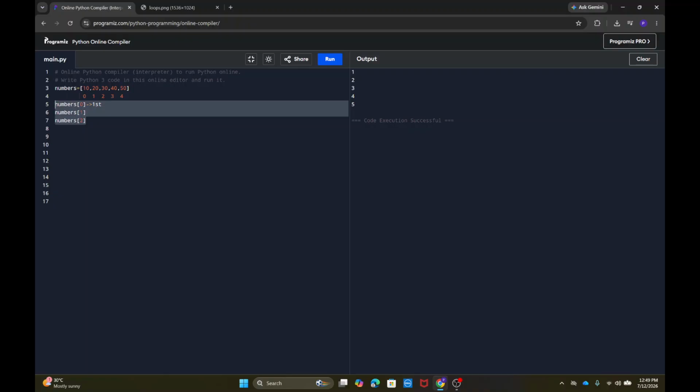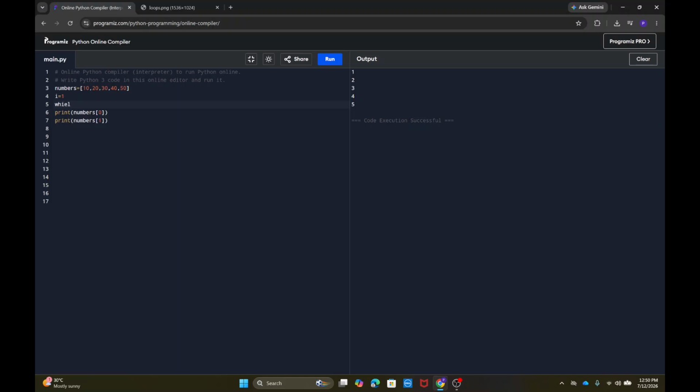But if I want to print out the 5 elements, suppose you don't know while loops and you only know the for loop, you can do that with a for loop, but we are not going to access it by index. If you want to access it by index, you're going to print numbers of 0, numbers of 1, and like this up to numbers of 4. But we know the while loop, and with the while loop we can have a counter variable,